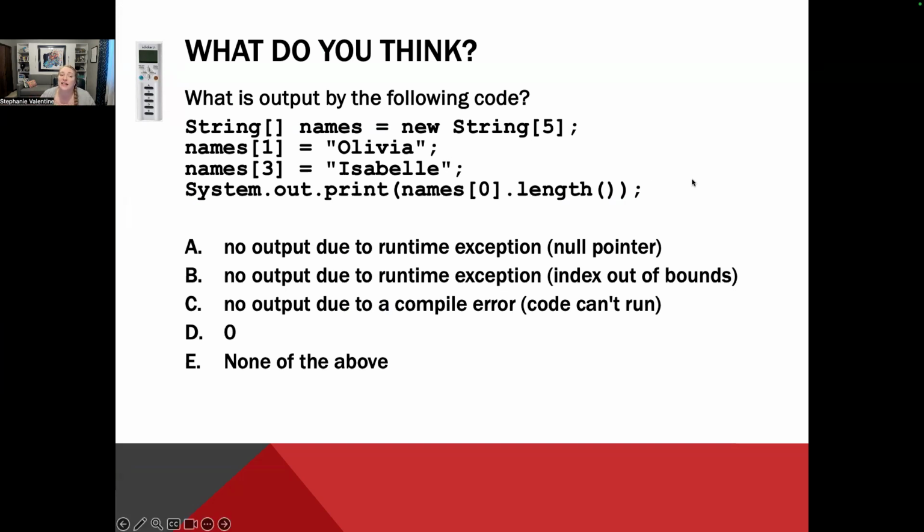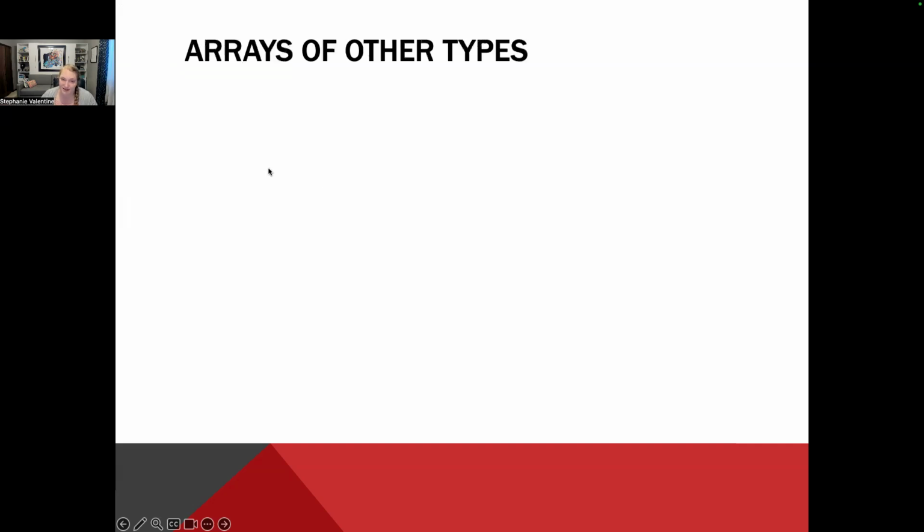So our array is going to hold five different words, where each word is going to hold a memory address. Here we are setting index 1 within that array to Olivia,